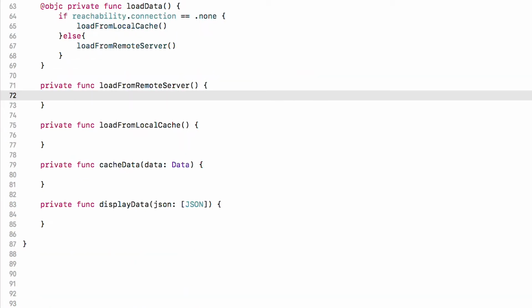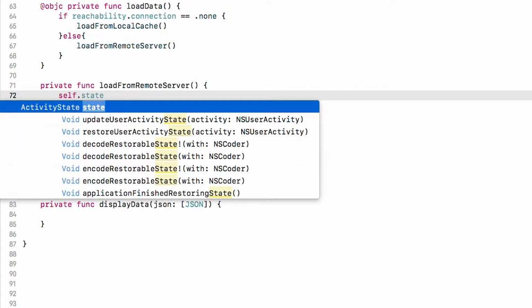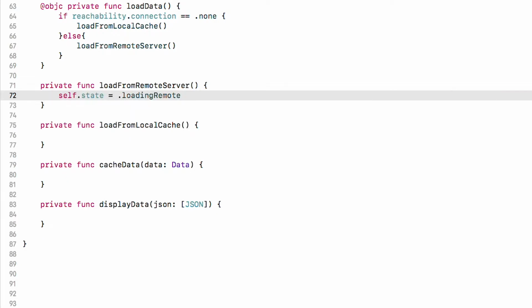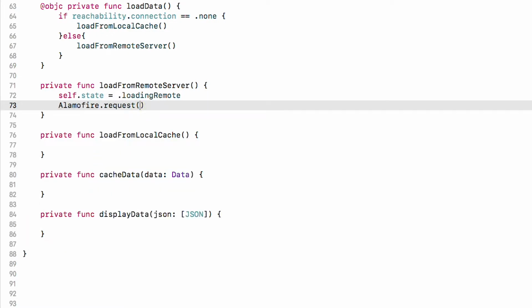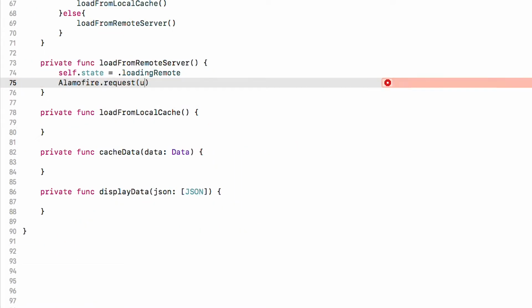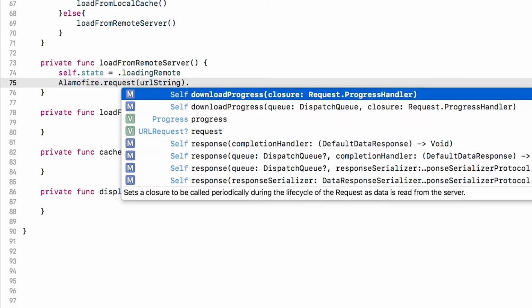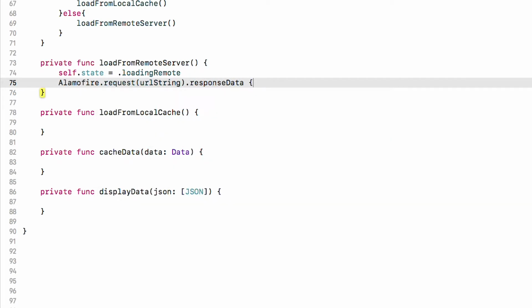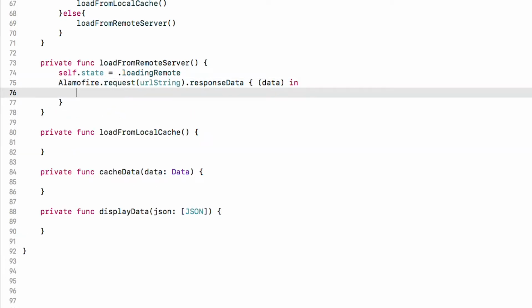On to the next function, loadFromRemoteServer. The first thing that function will do is set the state to loading remote. Then we'll use the Alamofire pod to download the contents of the web service URL. But first, we need to put that URL in the code as a constant. This is literally the easiest and most common Alamofire snippet you'll ever see. All it does is call the URL the same way a browser would, and then using this function responseData,